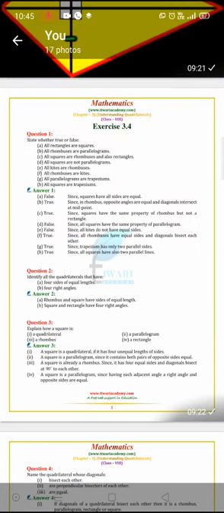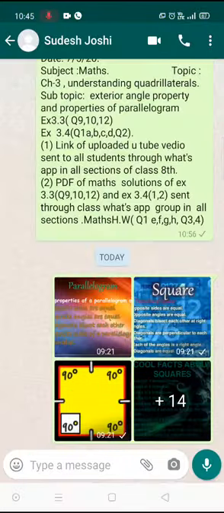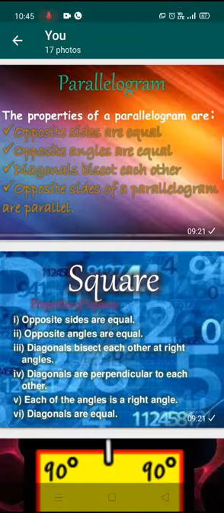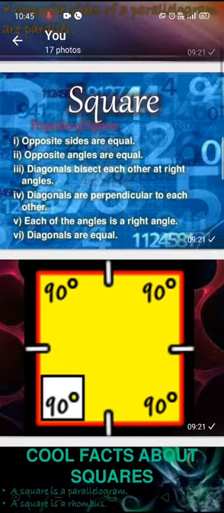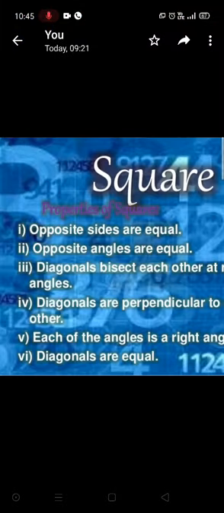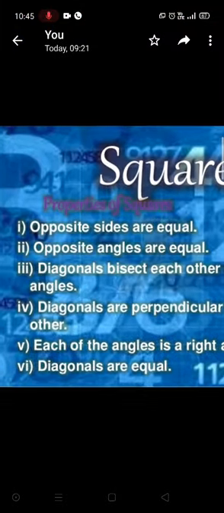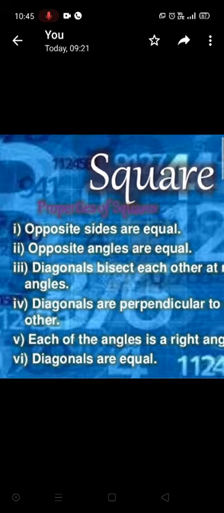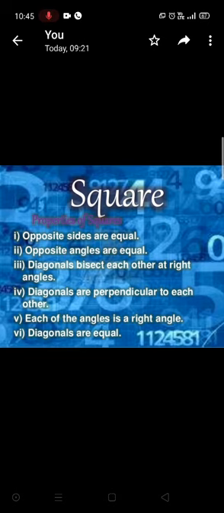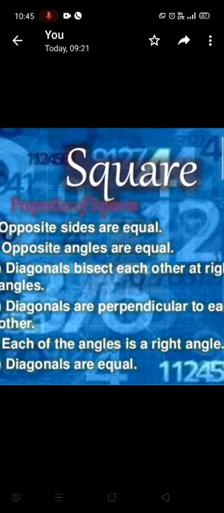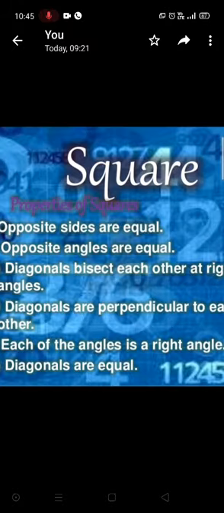Correct. Now I am going to explain the properties of square, rectangle, rhombus, kite and trapezium. Okay. Now you see the properties of a parallelogram, already explained: opposite sides are equal and parallel, opposite angles are equal, diagonals bisect each other. In a square, opposite sides are equal; not only opposite sides, you can take that all sides are equal. Opposite angles equal; you can take all angles are equal. Diagonals bisect each other at right angles, and diagonals are equal also. Diagonals are perpendicular to each other. Yes, if diagonals bisect at 90 degrees, it means they are perpendicular also.